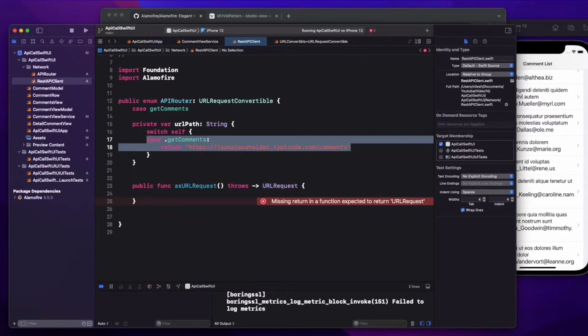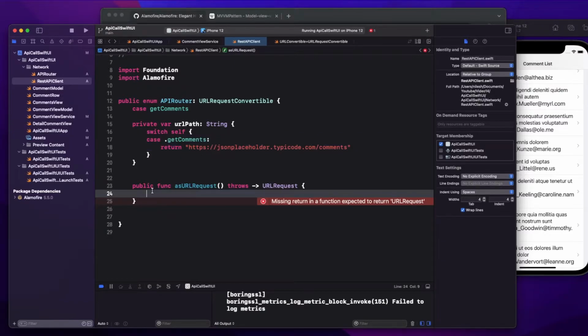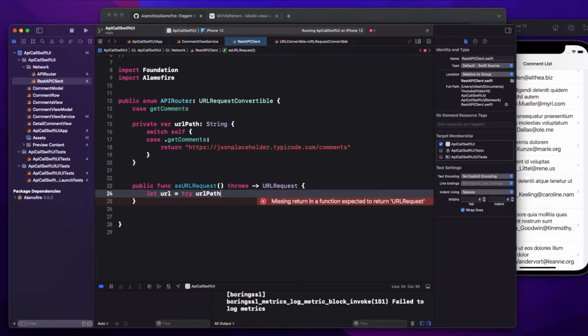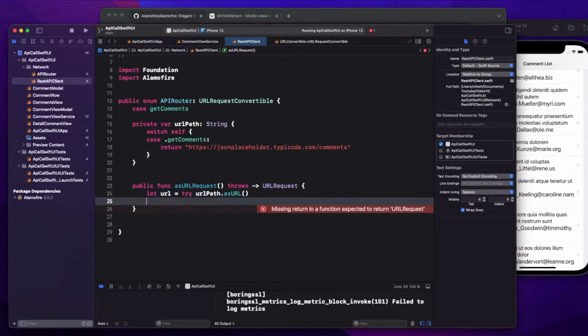Okay, now let's go to the URL request method. Here, first thing is that I'll get the URL path as URL, and let's form the request object.